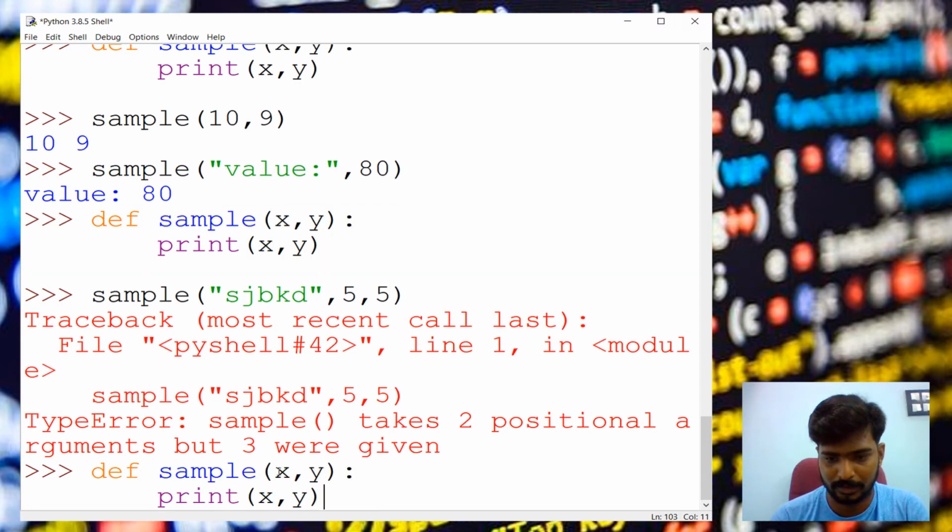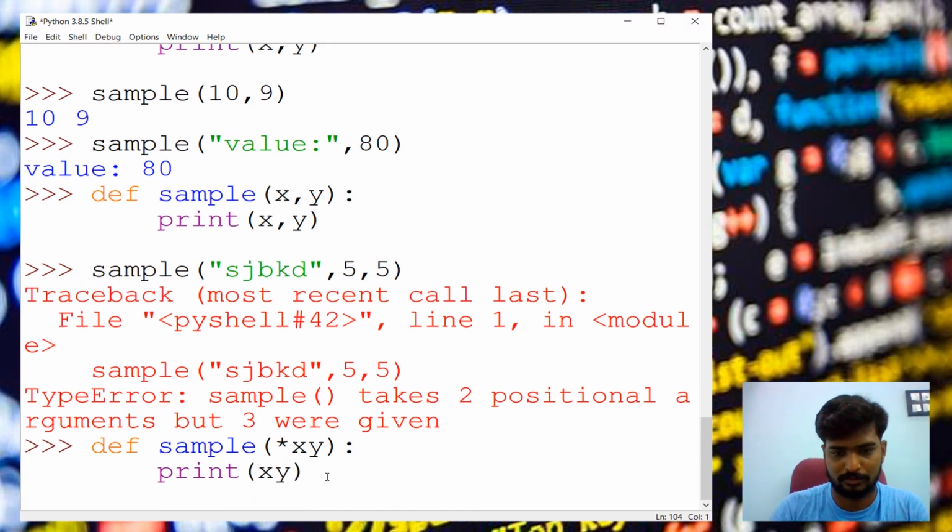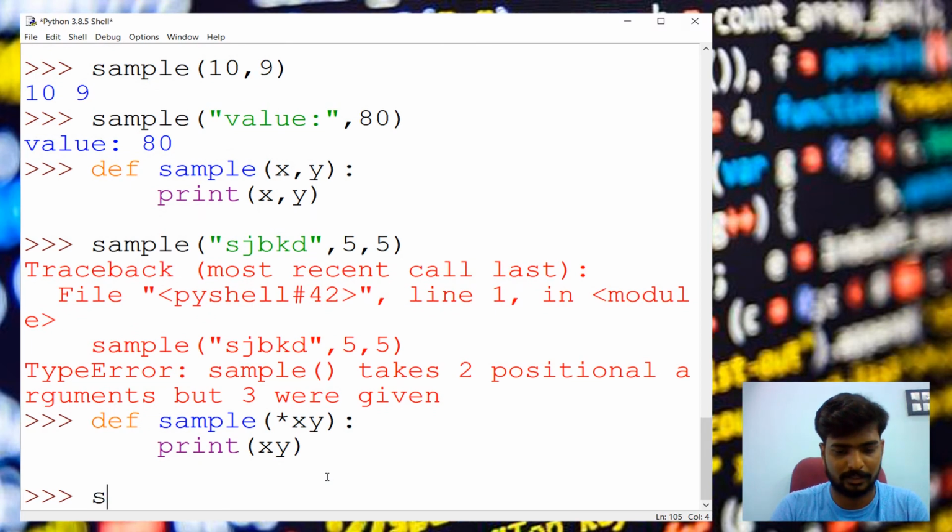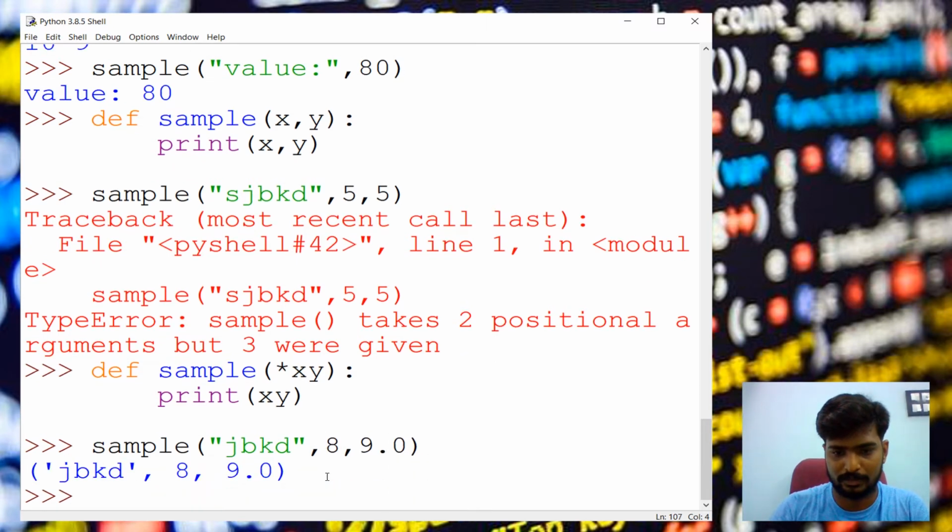We can remove the parameters, use a star, and give some parameter name like xy. Okay, we can print our xy here. So now we can pass any number of parameters in any format to our method.